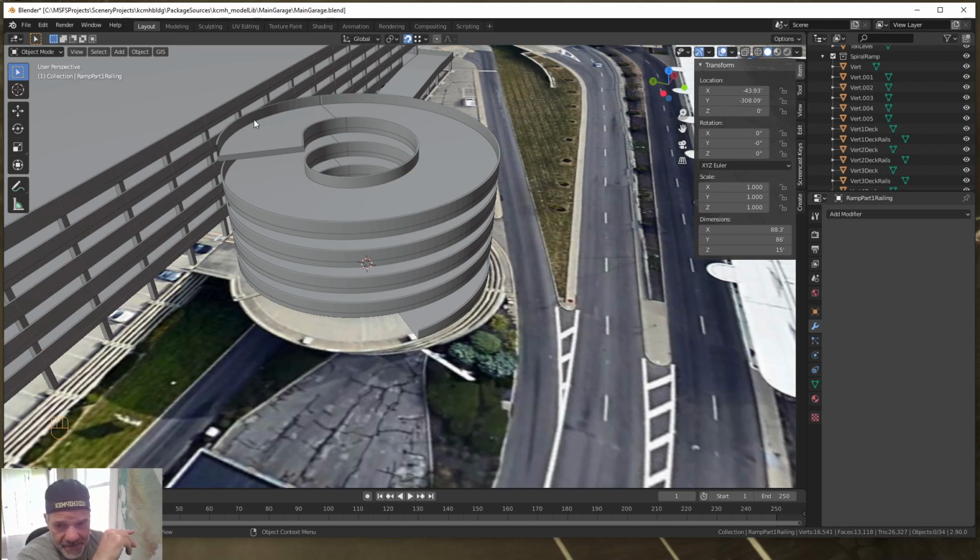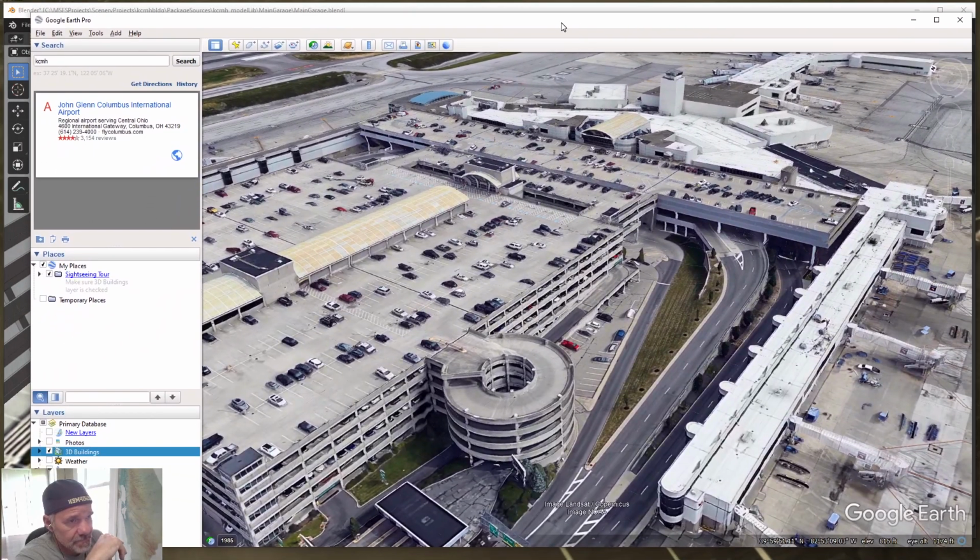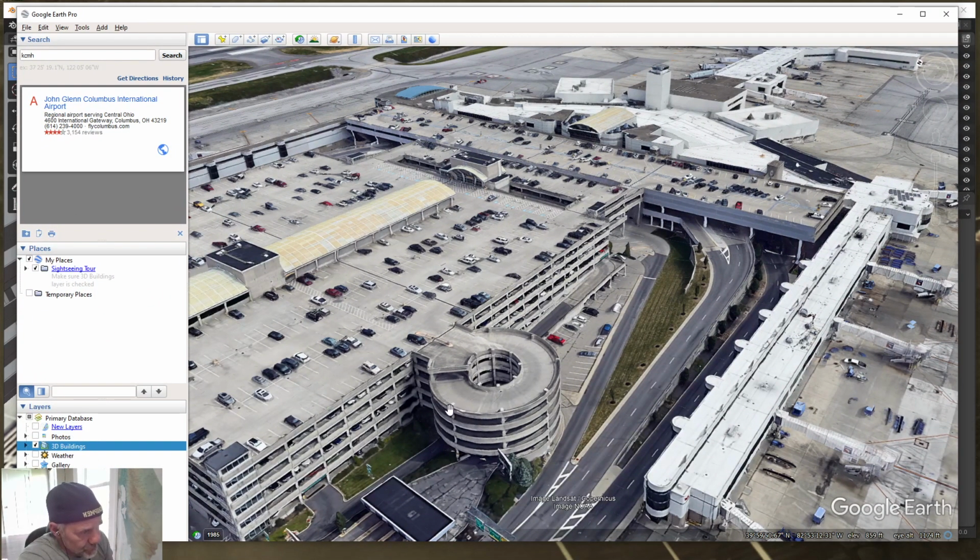Okay, so let's look at Google Earth and notice that we have columns that run all the way around. There's even one right here. Okay, but we have all these columns, support columns, holding up that structure, right? So that would just be a matter of making a column and making